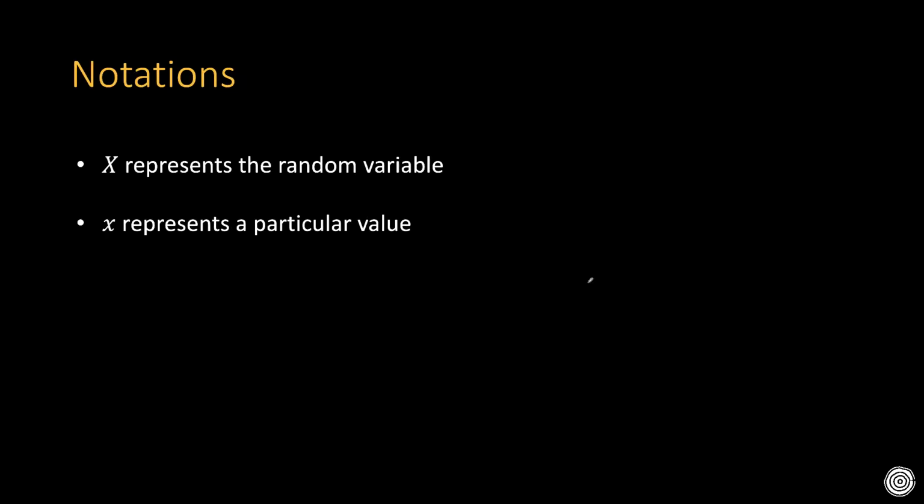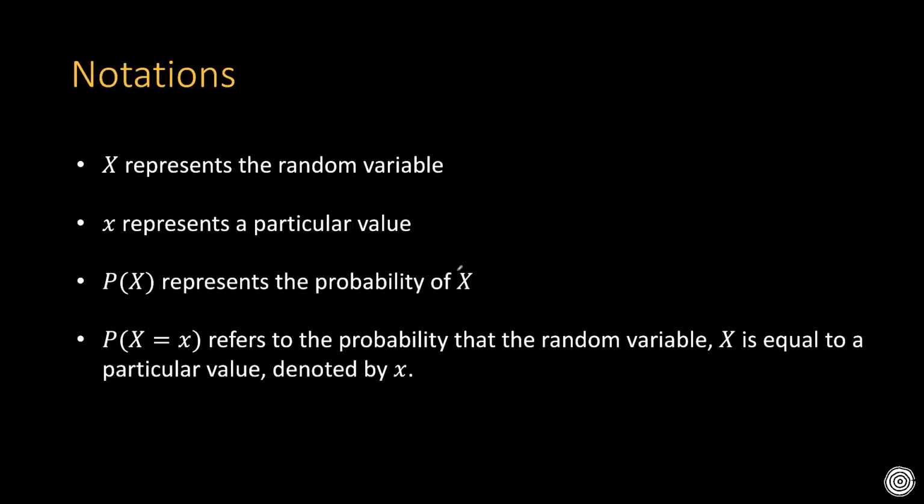Before we go ahead and look at examples, let's just discuss the notations that we're going to see and use. The capital X represents the random variable. We've already discussed that. The lowercase x represents that particular value, so say the number of heads. P of x represents the probability of x, and in this case, just in this example, we're talking about the random variable. When I've got it looking like this, P of capital X is equal to lowercase x, this refers to the probability that the random variable X is equal to that particular value. So we call this the probability function,